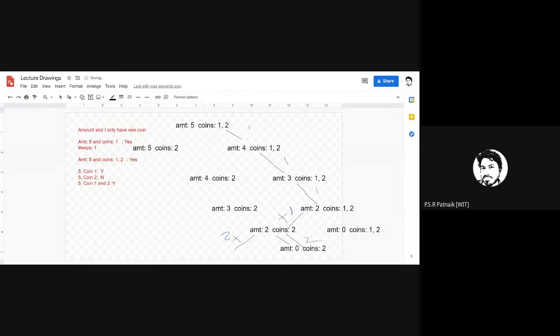So here you can see that when you further pursue this branch, you will get this. It means 1, 1, 1, so 5 ones. This is one way. And the second way you get it is in another branch. Once you are done with that, you will come back. Return 1, return 1, return 1. Here you have made two recursion calls, right?